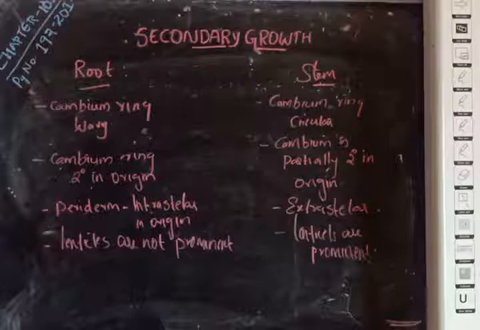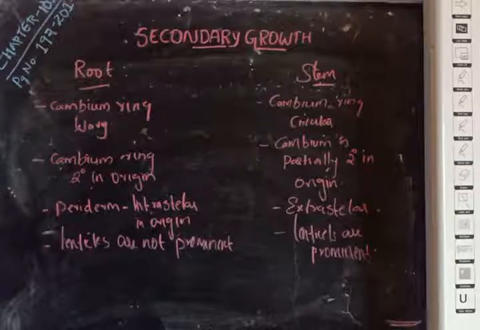So by this our chapter 10 is over, secondary growth in dicot root and dicot stem. In this chapter we studied about the secondary growth in dicot stem. In it, the formation of vascular cambium, origin and organization, and different types of secondary xylem, that is different types of wood, we studied, and we compared their differences. Then secondary phloem, the periderm formation, how the bark is formed, and some notes about the lenticels. Finally, we compared the secondary growth in dicot root and stem.